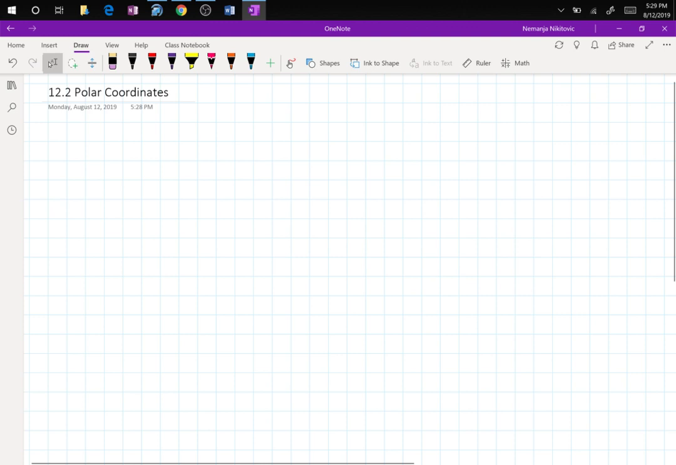Hello and welcome back to Calculus 2, section 12.2 on polar coordinates. These are useful for particular shapes and completely not useful for others. And we are going to discover now what these are, how they work, and when are the situations when we should use them and situations when we should avoid them. We're going to start with the polar coordinates